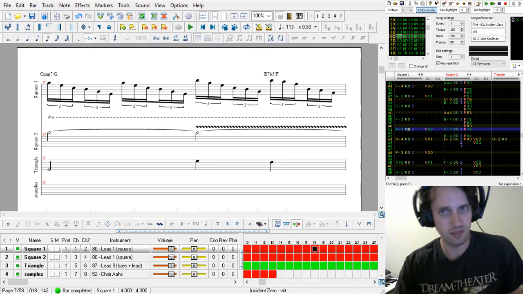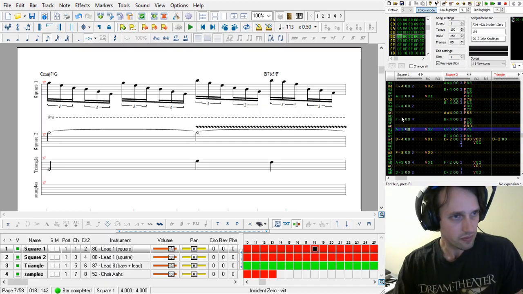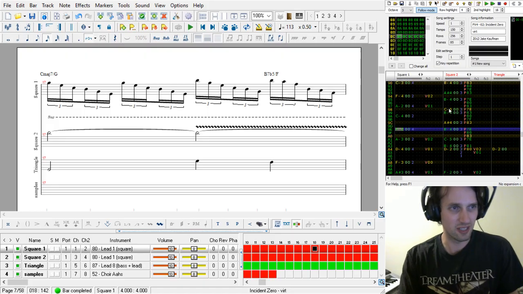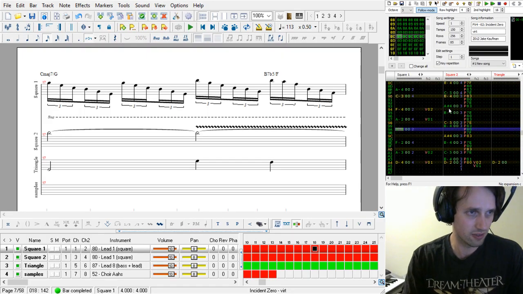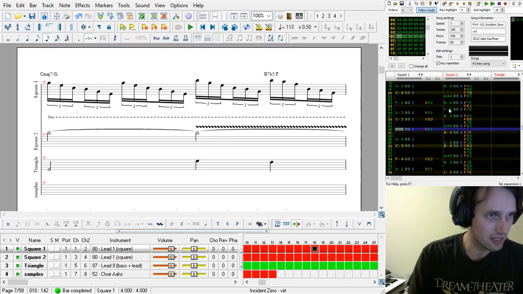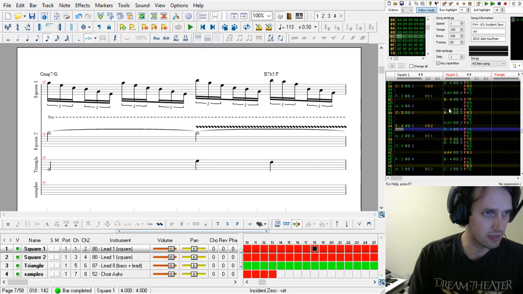These notes set at volume 2 in the middle. But again, just focus on the ones that have the volume of 4. They're spaced apart like the rest of our 16 triplets. 1, 2, 3, 4, 5, 6. Oh, they're already getting a little further apart right there. 1, 2, 3, 4, 5. 1, 2, 3, 4, 5, 6, 7.